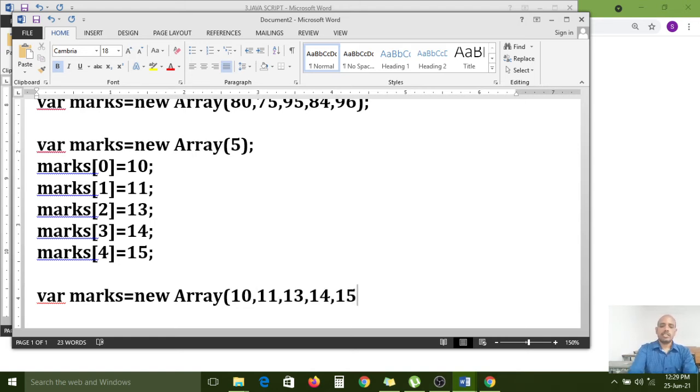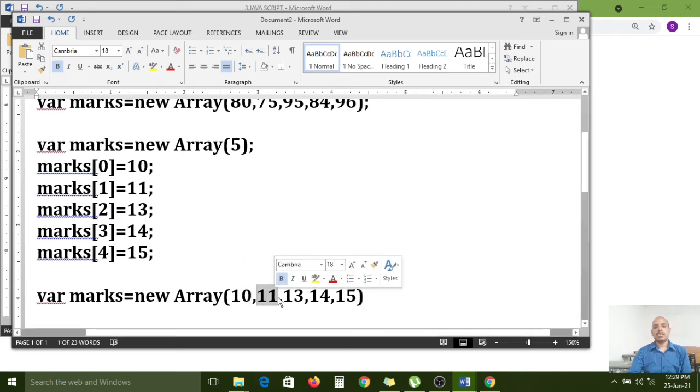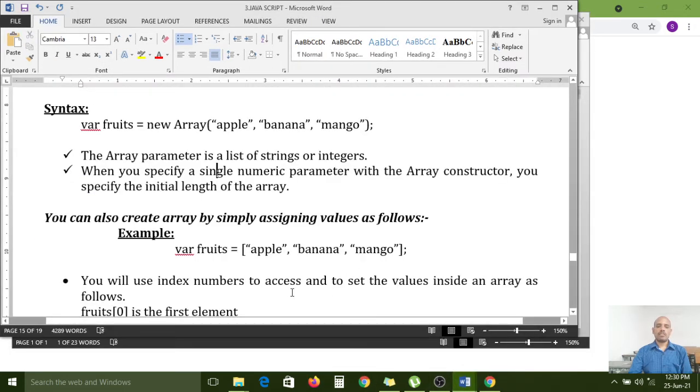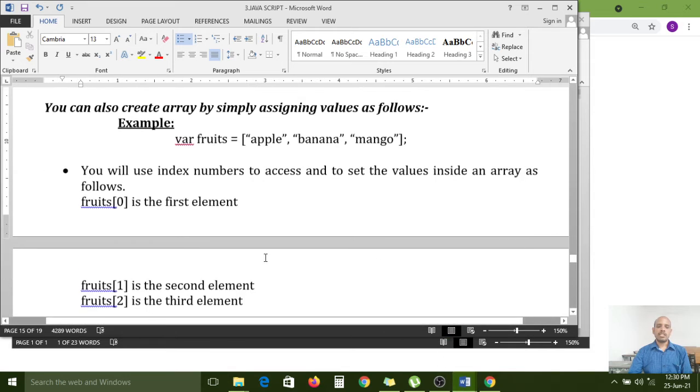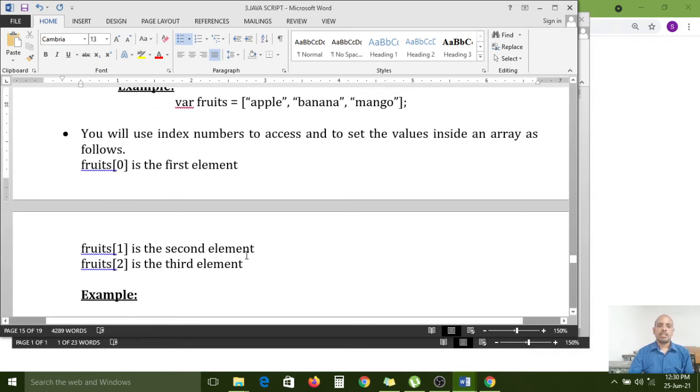The index starts with 0, 1, 2, 3, 4, right? So 5 elements can be stored. By using index numbers we can access the array elements.